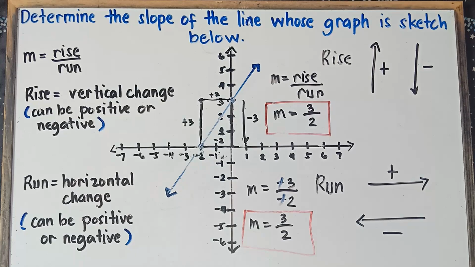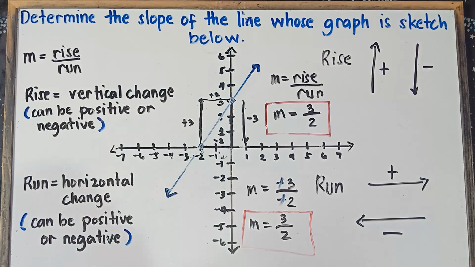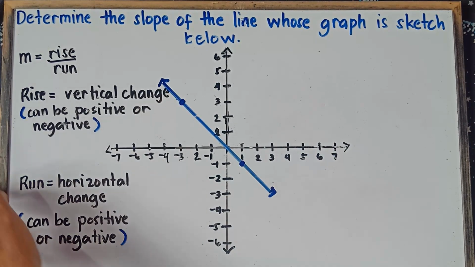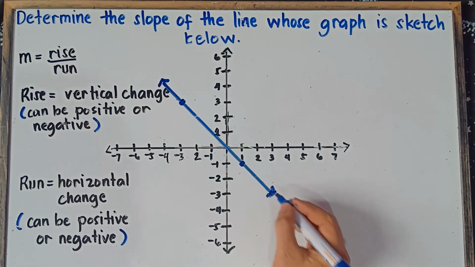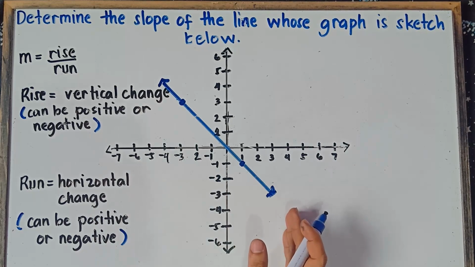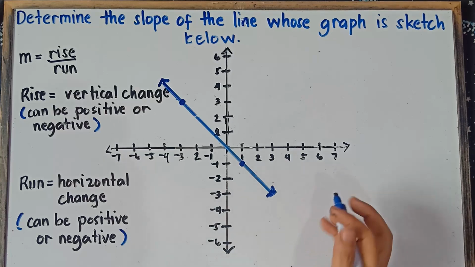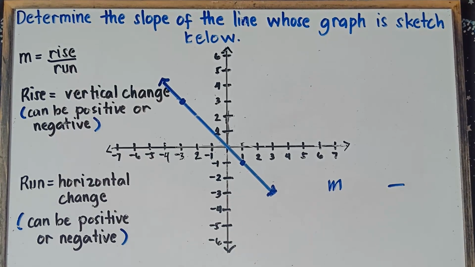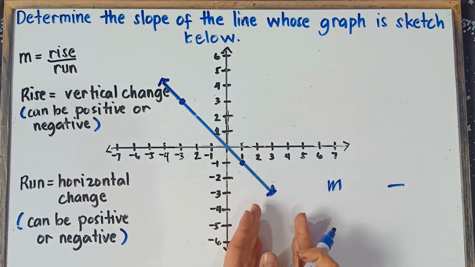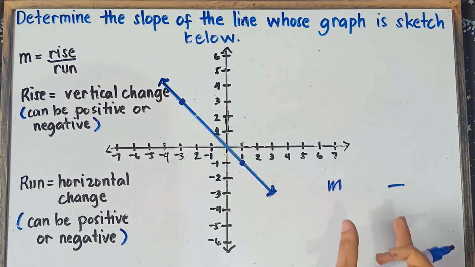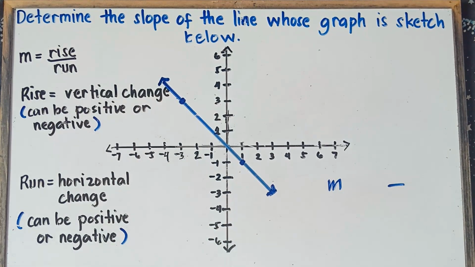Let's have another example, class. Let's proceed now to example number 2. As we can see with regards to our graph, the direction left to right is going downwards. Therefore, automatically our slope is negative. We already have the idea that the value of m should be negative. Why is that, sir? Because from left to right, the arrow is falling. Therefore, the value of the slope would be negative. Alright, let's check that one out.